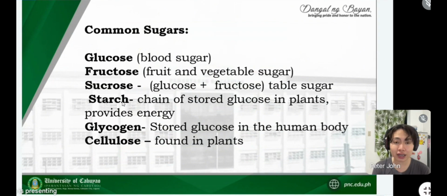Next, for humans, for animals in general, is glycogen. So, kung sa plants merong stored, meron din sa tao. Tinatawag sa atin ay glycogen. Kung baga, once we eat sobrang kanin or sobrang sweets, or sobrang kain ng chocolates or whatsoever, aside sa ubo, ma-stostore siya sa katawan natin in the form of glycogen.